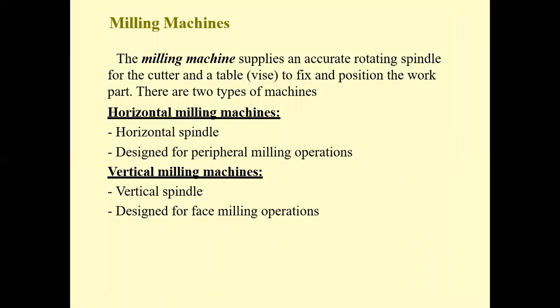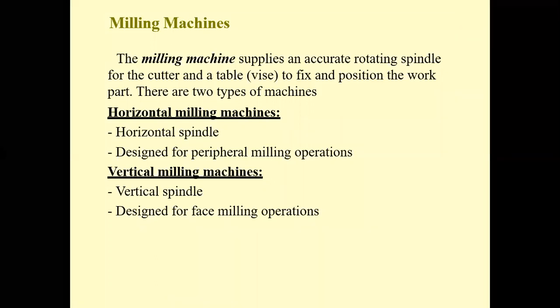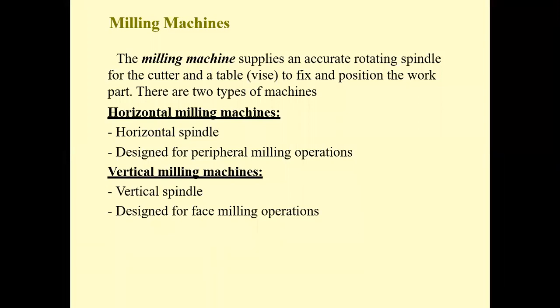Broadly we classified milling into two processes: peripheral milling and face milling, right? In peripheral milling, again, slab milling and different kinds of milling processes we have seen. Based on the mechanisms, we divided peripheral milling into two again, that is up milling and down milling. I hope all students are clear in that, whatever we discussed in the last class. Today we can move forward. If you do not understand anything, you can ask me.